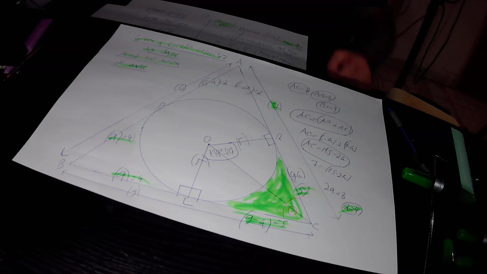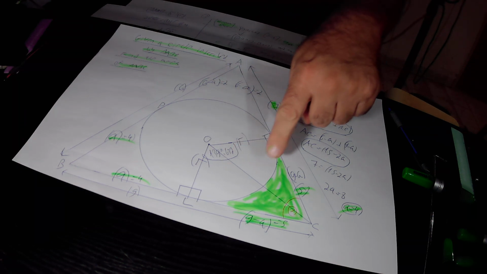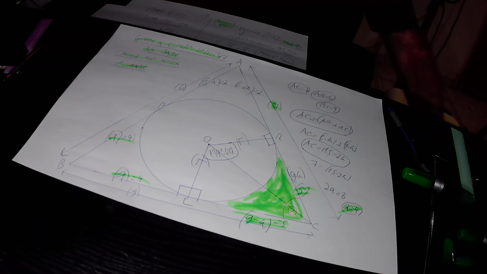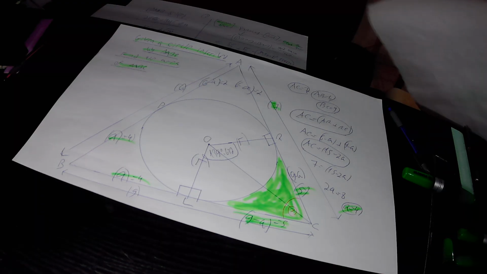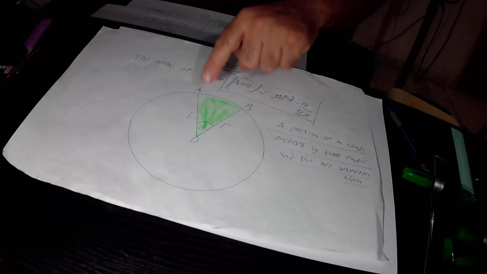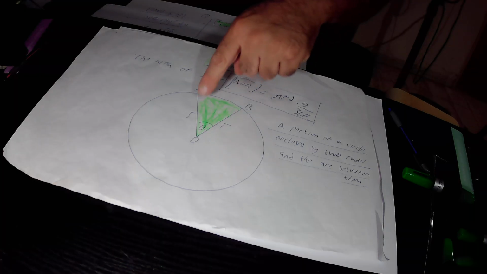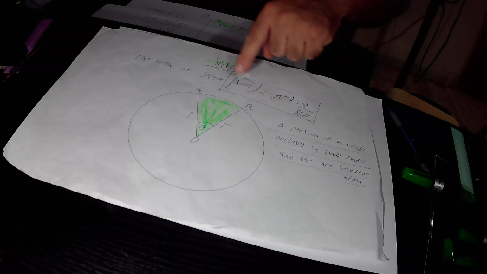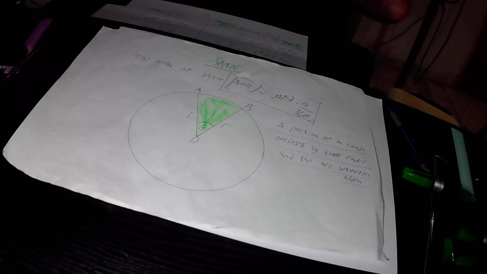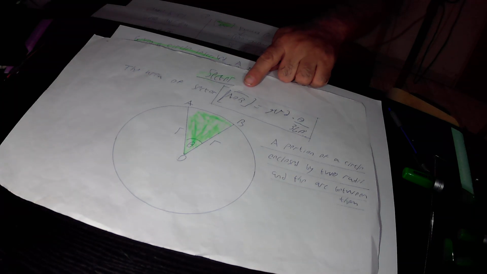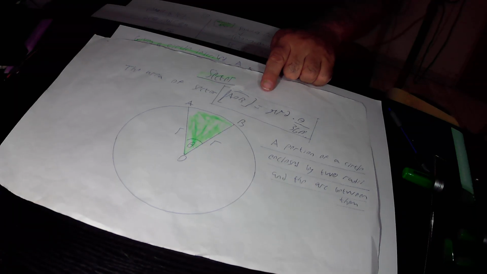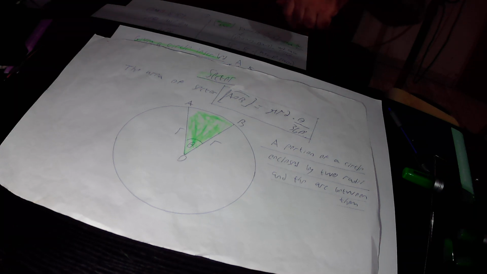So, what is a sector? A sector is a portion of a circle enclosed by two radii and the arc between them. So again, the green shape is a sector. It is a portion of this circle enclosed by two radii and the arc between them. The rounded line above the sector's name is a sign for an arc. The area of this sector is equal to pi r squared